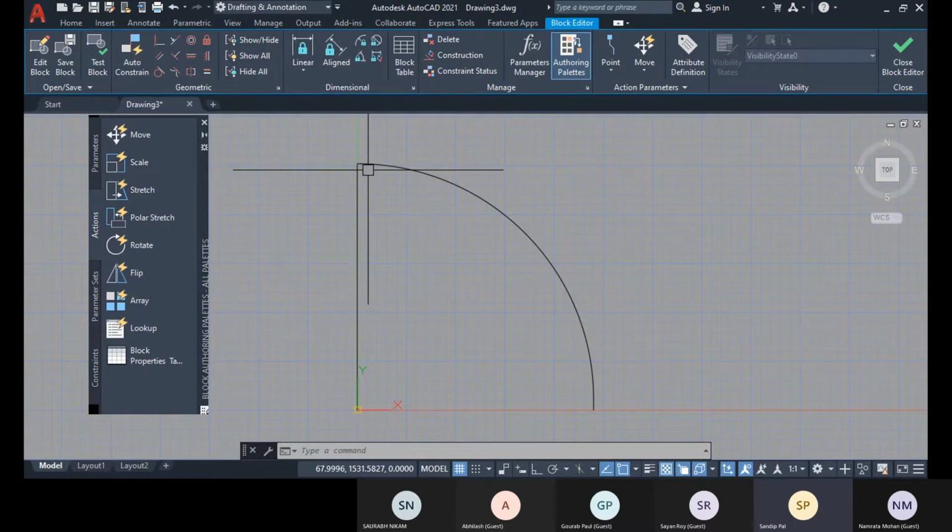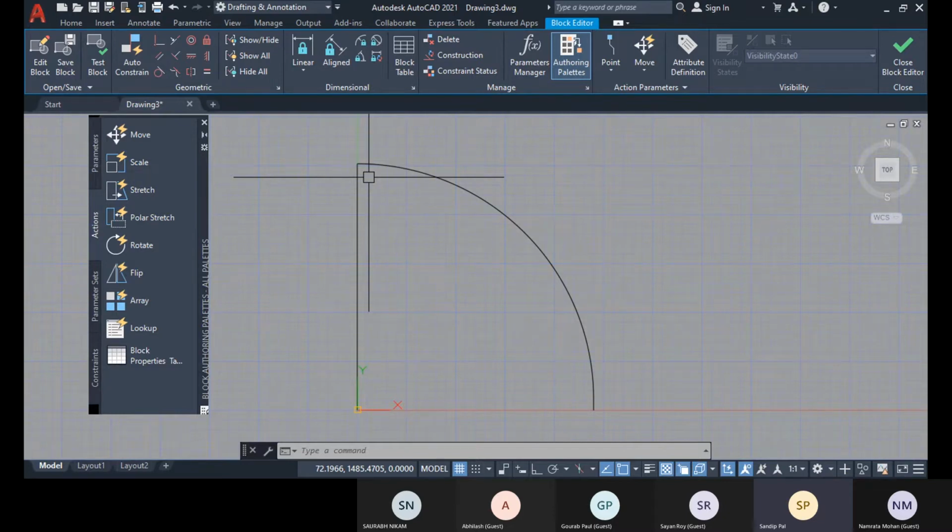We can also compress multiple blocks into a single block. Suppose I had a door elevation, and one separate block for the door elevation as well, or you are creating blocks for each different size of door.